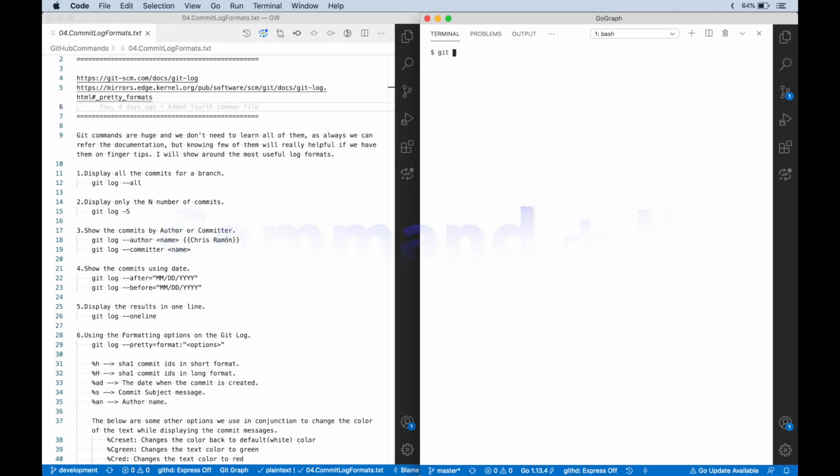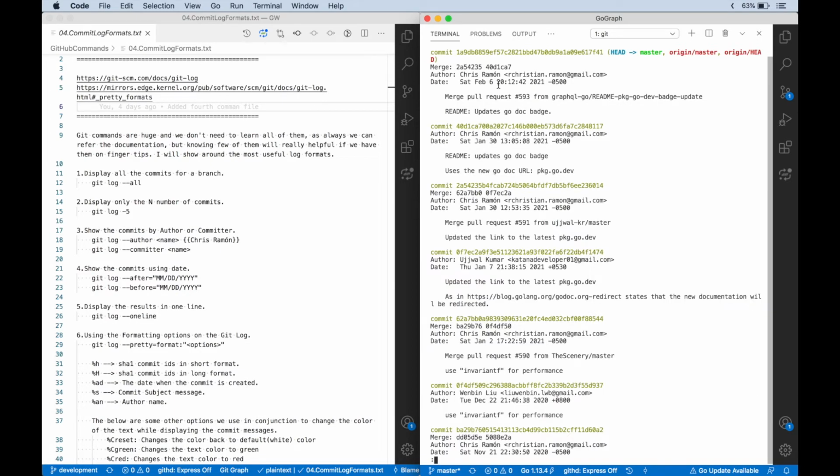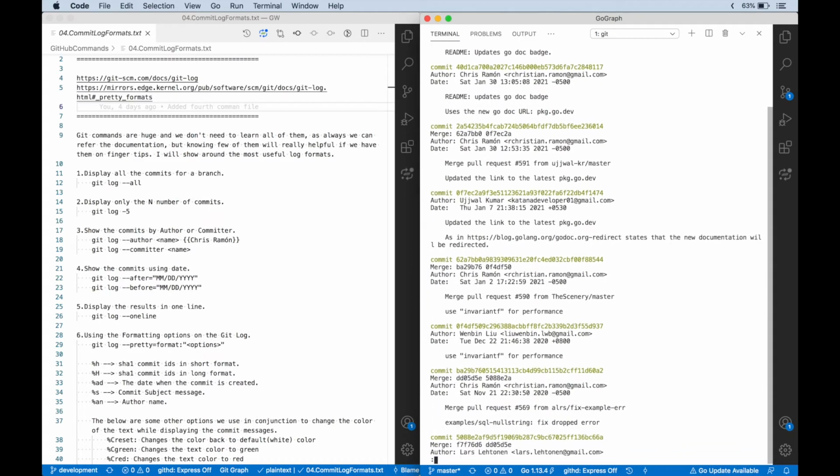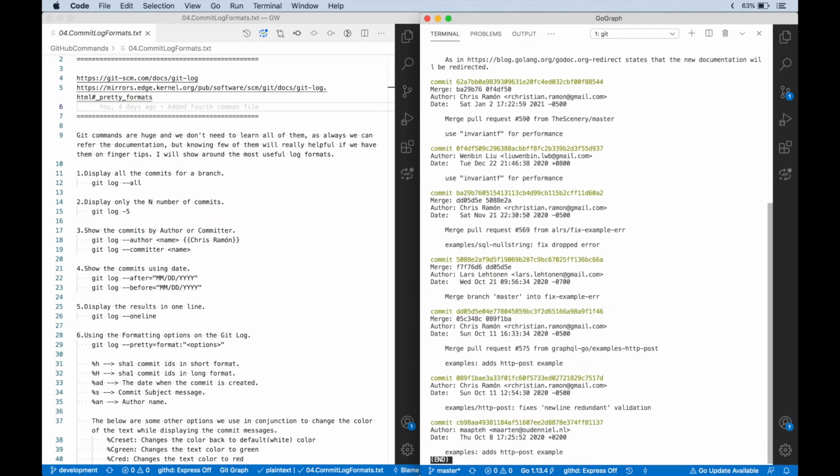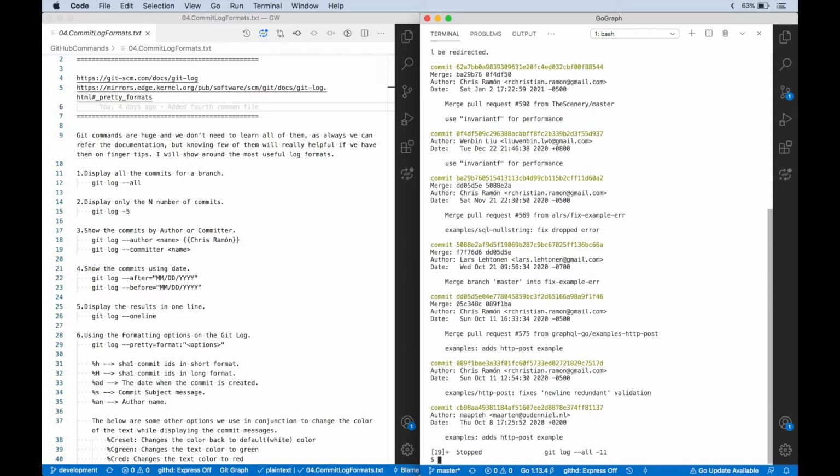So what I will do is, for all these executions, I'll limit the commit messages depending upon the command I'm executing. Basically, I'll be limiting to, say, 11 commits. So after 11 commits, it is going to stop the execution. I think 11 commits is also pretty hard for me to display all the syntaxes.